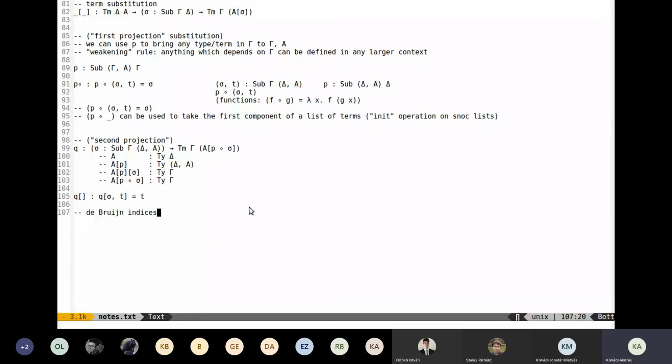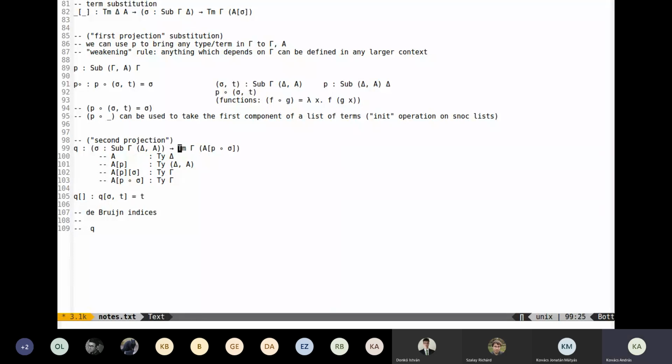Okay, so now De Bruijn indices are everyone's favorite. We can use P and Q to define De Bruijn indices. So how does this work? The way it works is that if you remember,